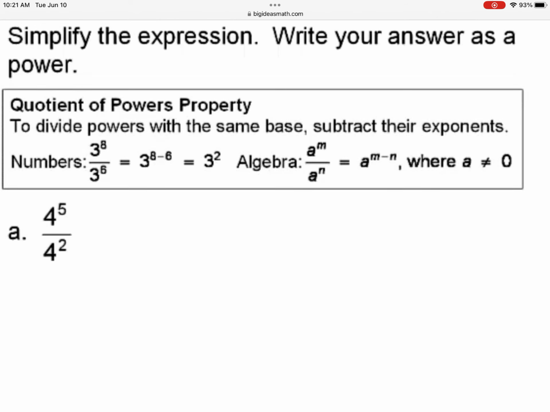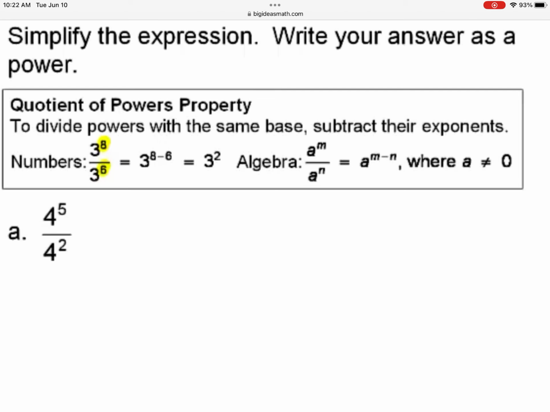The quotient of powers property states that to divide powers with the same base, subtract their exponents. In the example given, to find 3 to the 8th divided by 3 to the 6th, you write the base 3 and then subtract the exponents, which are 8 and 6. Because 8 minus 6 is 2, 3 to the 8th divided by 3 to the 6th is equal to 3